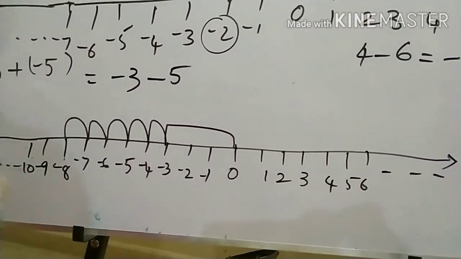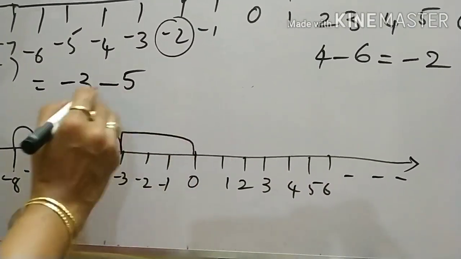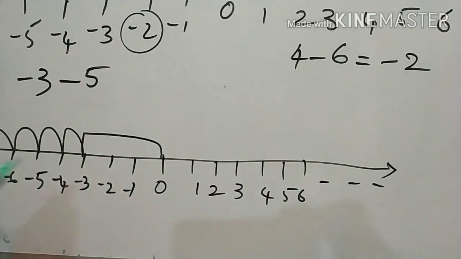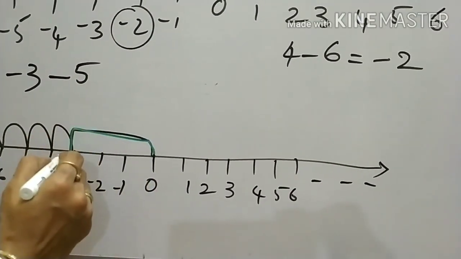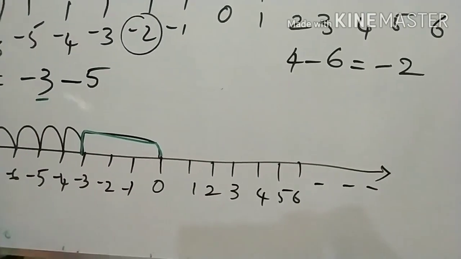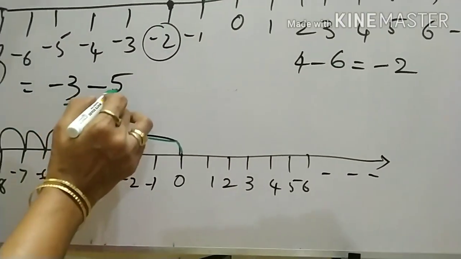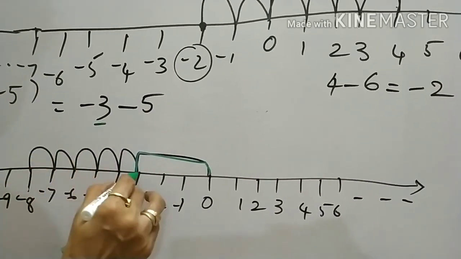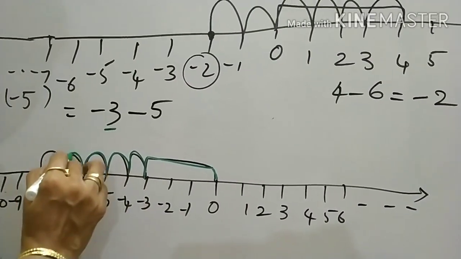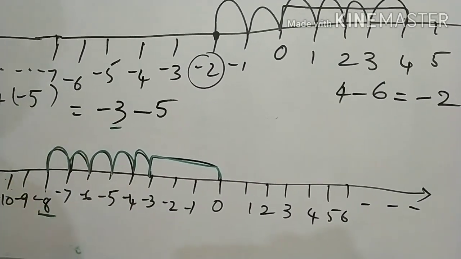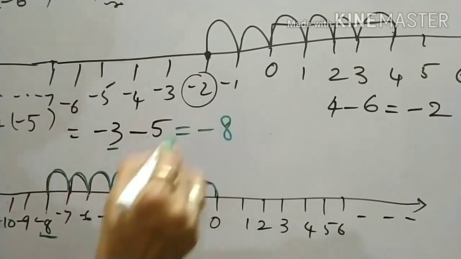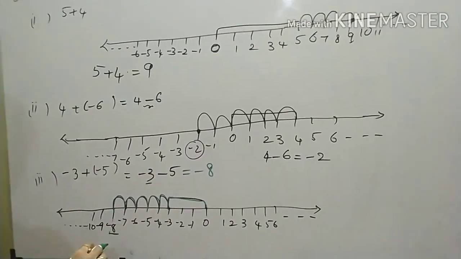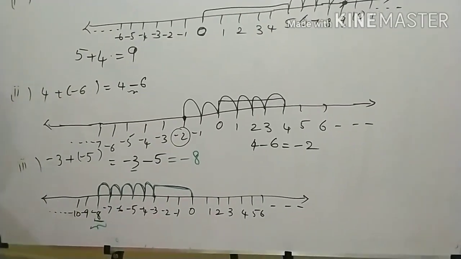See this one. So first we started from 0. 0 to minus 3, we have come here. So we came from 0 to minus 3 first. After that we are moving towards left hand side 5 steps. What is the number we have here? 5. So we have to move 5 steps. So 1, 2, 3, 4, 5. What is the number here? Minus 8. That is your answer. Okay. So after moving this side 5 steps, whatever number you get now, that is your answer.